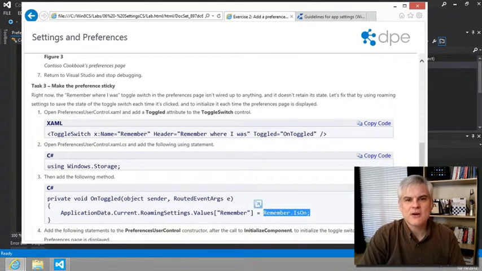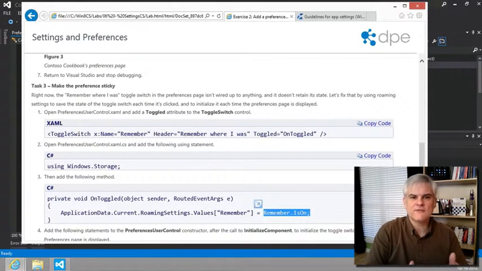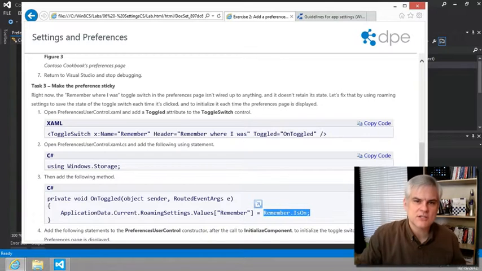All right. So in our case, we're merely going to be saving a name value pair in a special container that's called roaming settings. But as the lab indicates, we could also save the settings locally to local settings. Now, obviously, roaming settings would be our preference so that the setting can be stored in the cloud for the given user. And say if you're using the same app from multiple devices, like a home tablet, a home desktop, a work desktop, and so on, by adding roaming settings, all of your settings would follow you across all those